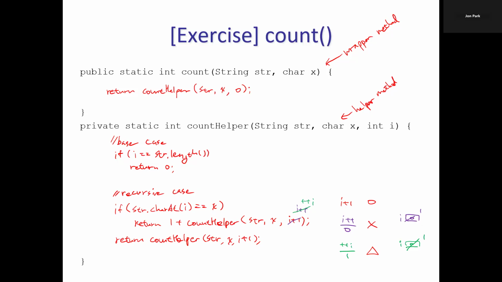Okay, so i goes from 0, makes progress. Ending one step early would mean ending when i is the same as string.length - 1. So I'm just literally ending one step earlier. But note that when i is string.length - 1, it's a valid index. So I can't just return 0. So I would have to